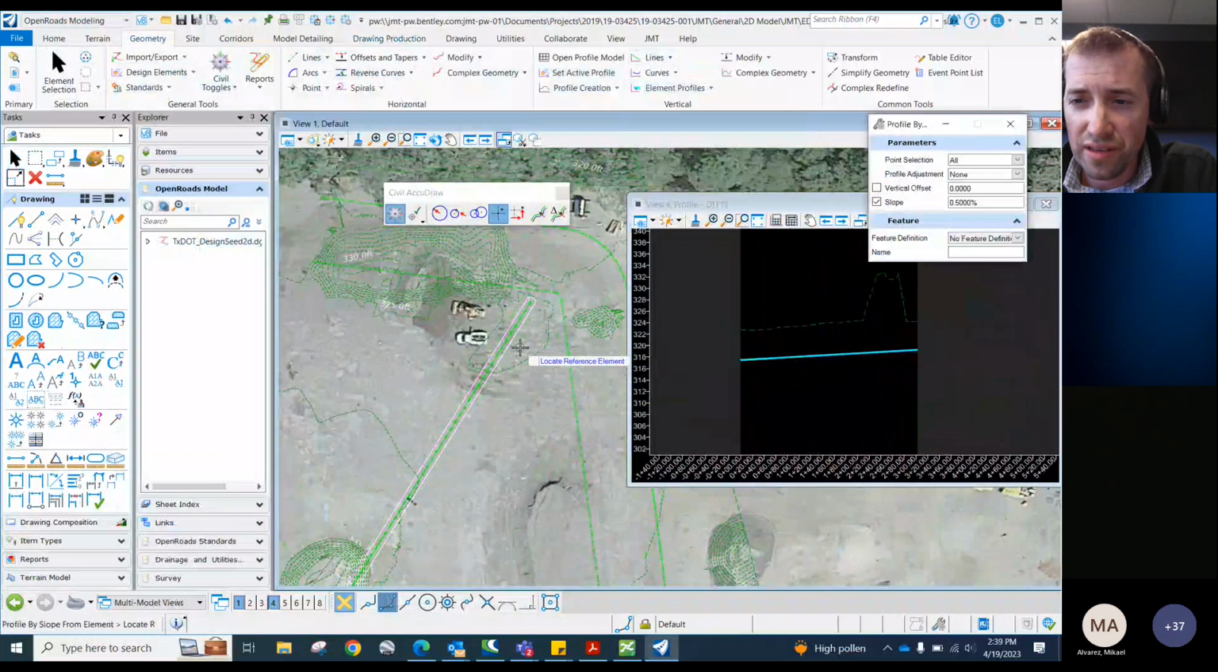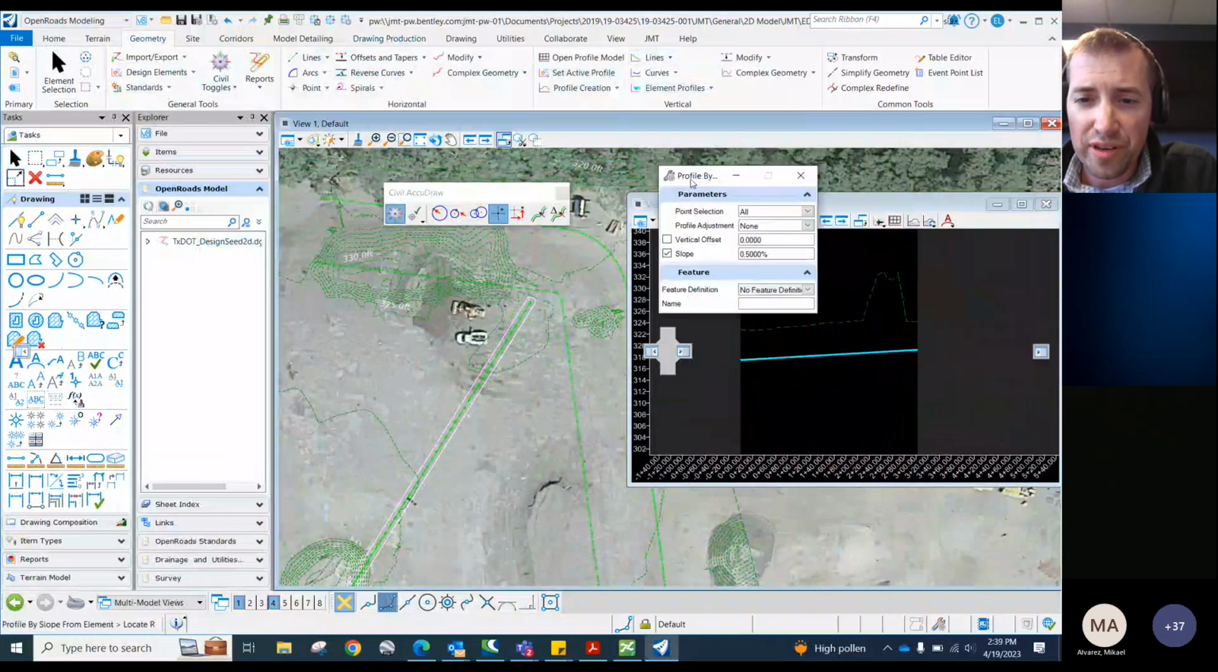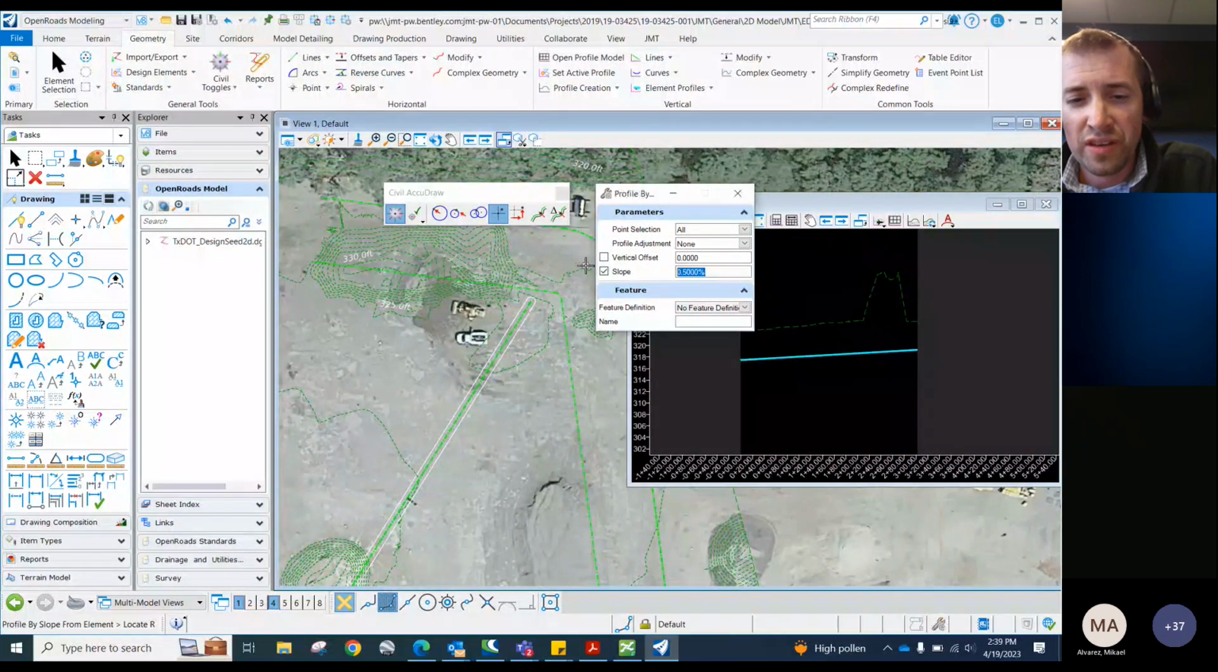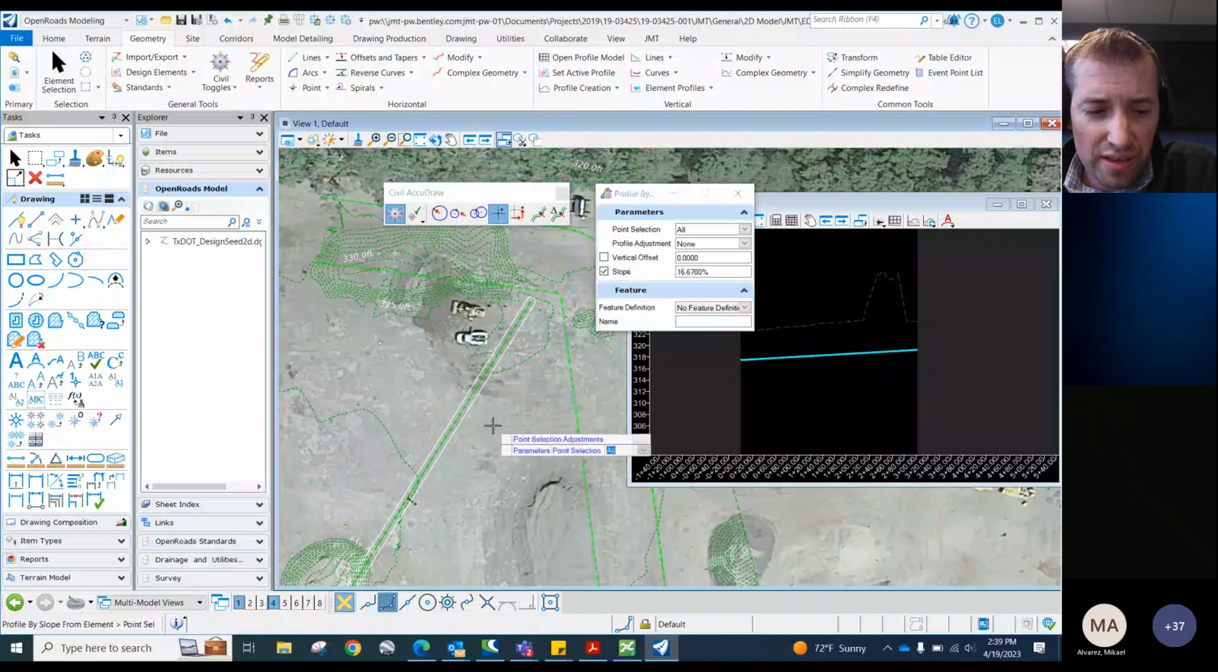And then it's prompting me with what slope to put it at. So I'm going to say it has a 6:1 slope, which is 16.67%. Locate the reference element, which will be the one I just profiled here. Click again. It's asking if I want it to apply to all of it. So just click through, and